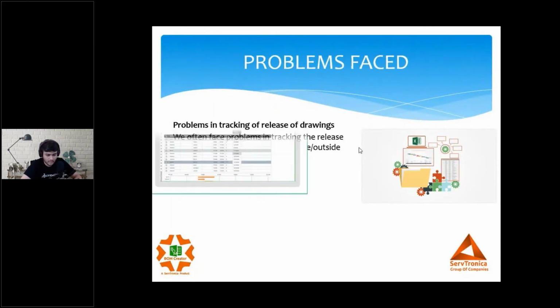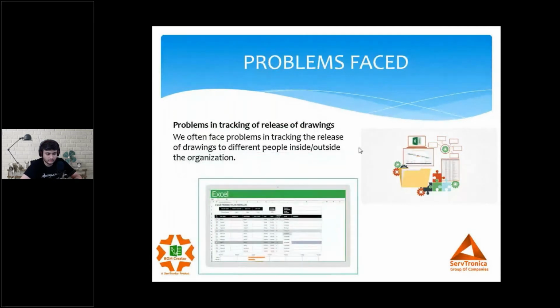And most organizations have a different way of keeping track. Either they maintain a register wherein they make an entry of the release of drawings each day, or they maintain some kind of Excel sheet wherein the complete information is filled in. So if at any point of time I miss the entry, I lose the complete track of how many times the drawing has been issued, and we end up re-releasing multiple times to the same department.